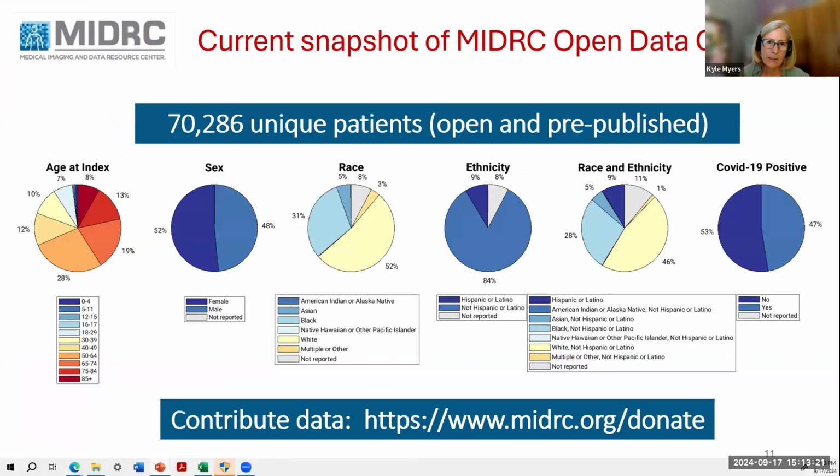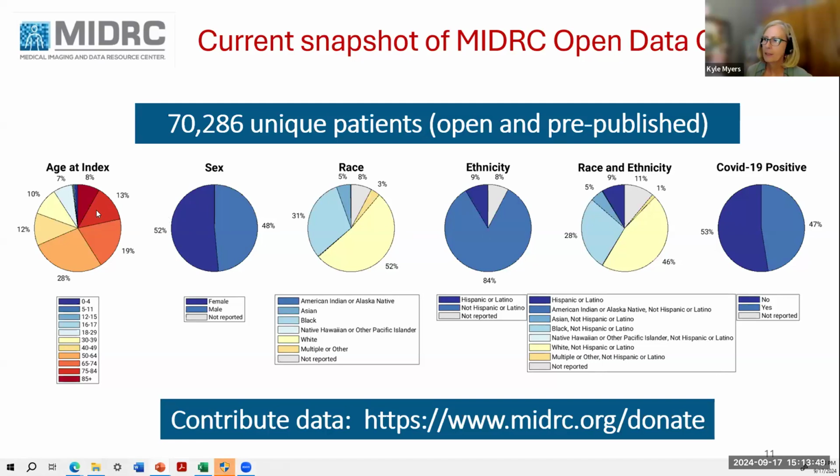Open, I should correct myself and say pre-published. They're data that we intend to make open, but we hold back for a little bit to support the MIDRC challenge work that we do in order to help the community understand the state of the art for different AI development tasks. Nevertheless, you can see in this graph, we are able to plot the data distribution across different data